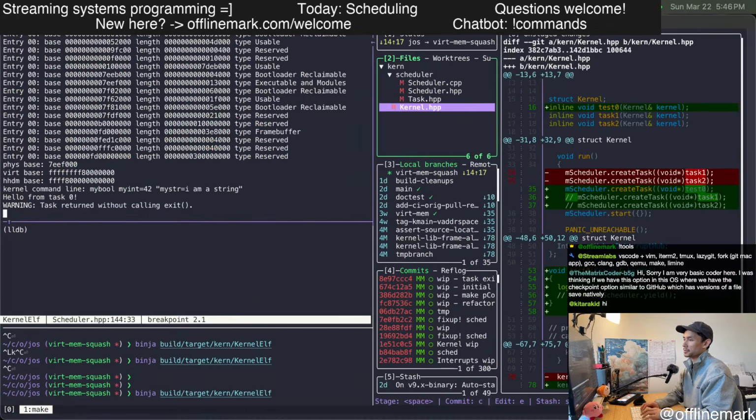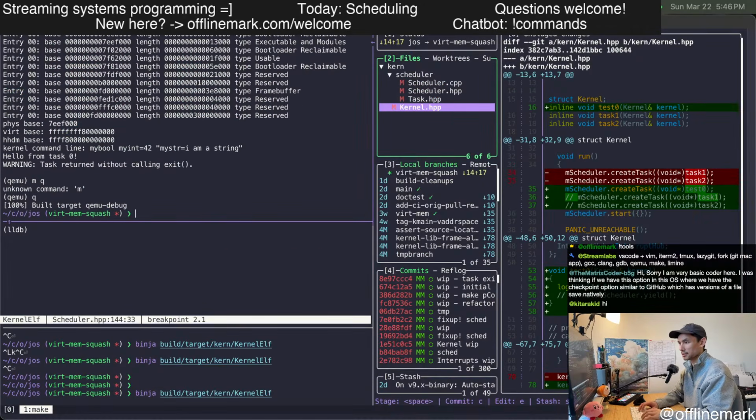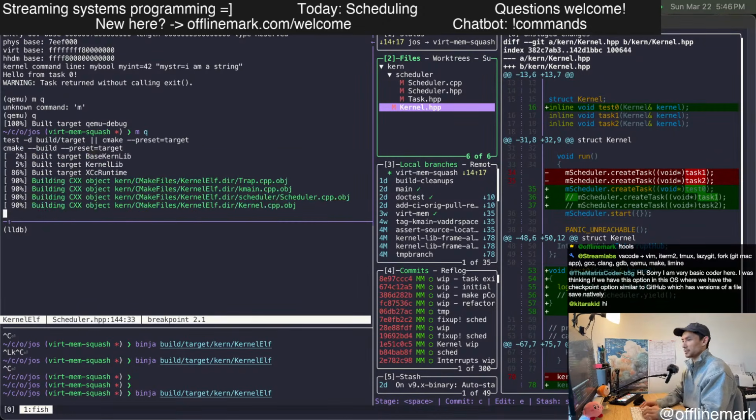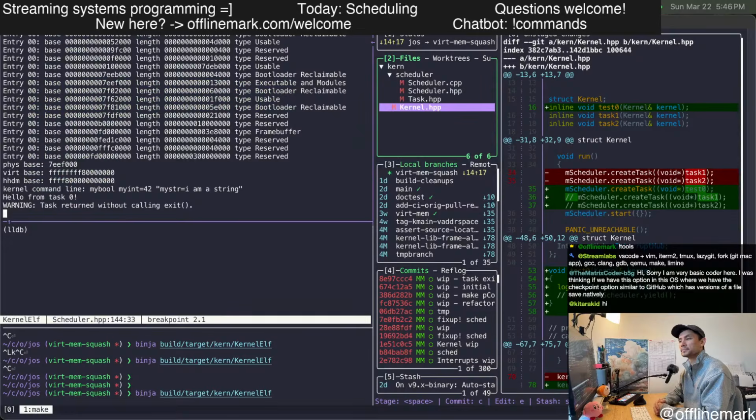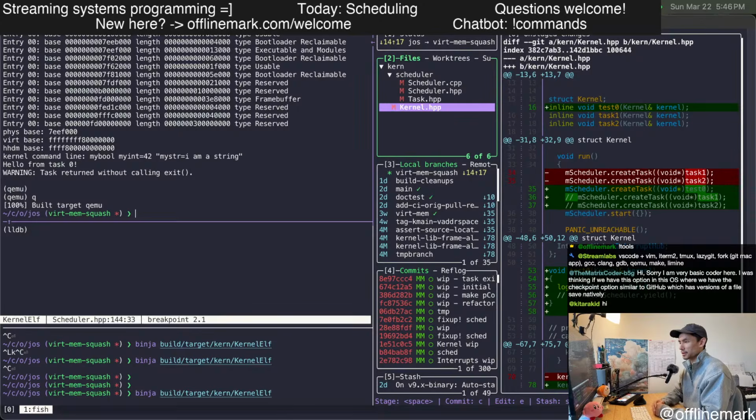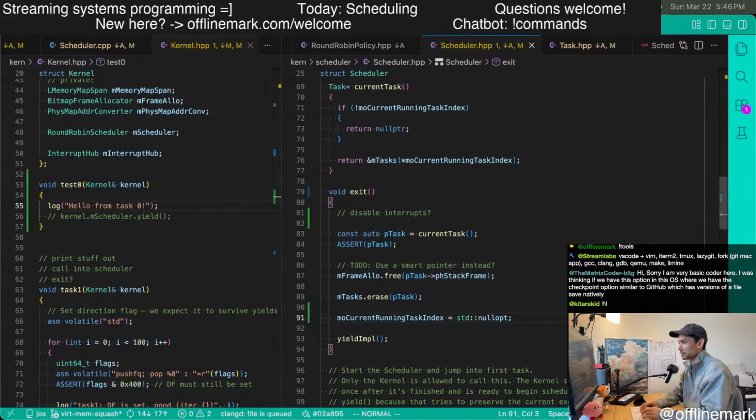So now, if I run the kernel, let's just see what happens. It is still boot looping. That is pretty annoying. Why would it be doing that? So we erase the task. We set this to null op. We call into